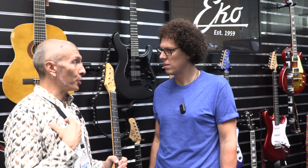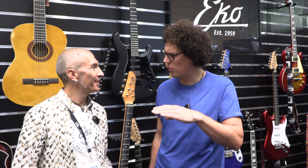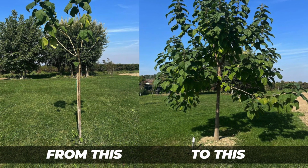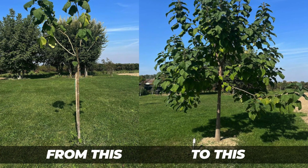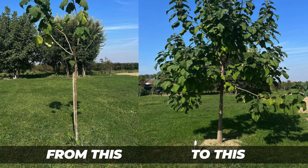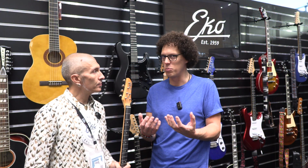And I personally have 5 Paulownia trees in my backyard. You showed me a photo of one that was 3 years old and one that was 5 years old. Yeah, exactly. He sent this to me, and I'm going to put it on screen now. That is a massive difference for just that young age. Yeah, exactly. And then the wood gets cut and dried and turned into not just guitars, right,